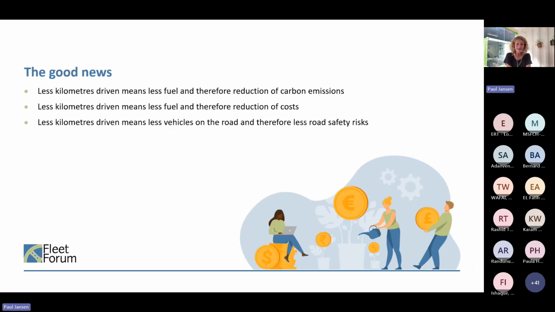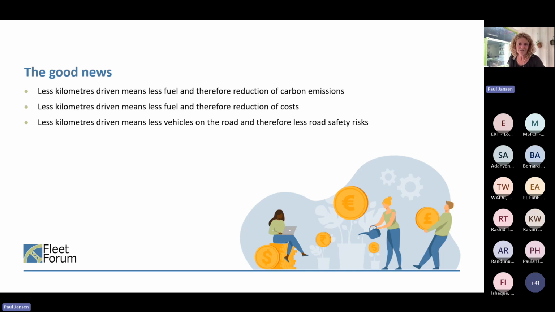Now, some good news to end with. Less kilometers driven means less fuel and therefore reduction of your carbon emissions. So again, the cleanest one is the one not driven. Less kilometers also mean that you are, of course, reducing your costs, right? Because fuel doesn't come cheap nowadays. And less kilometers also means less vehicles on the road and therefore less road safety risks, which is also important to consider in your